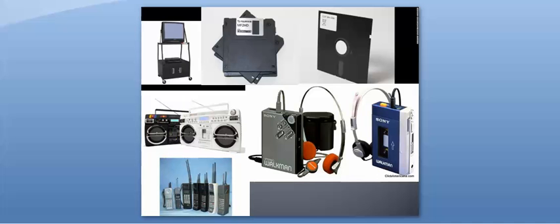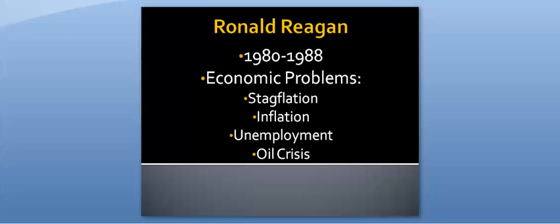In the last set of notes, I told you a bit about how technology impacted poverty, so now I want to look at the economics of both the 80s and 90s very briefly, in 5 minutes. So in the 1980s, Ronald Reagan became president and faced fixing the economic problems of the previous decade. Stagflation, inflation, unemployment, and the oil crisis, all of those had to be dealt with in Reagan's economic policy. He's trying to recover from those.